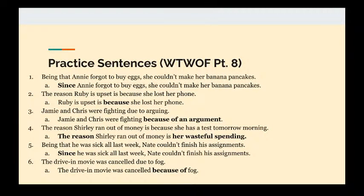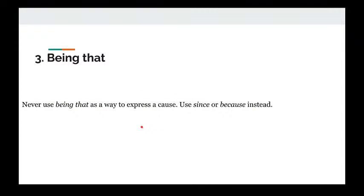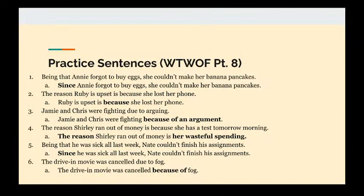So now that we've covered all those very short rules, we're going on to the practice sentences for part 8. Sentence number 1: "Being that Annie forgot to buy eggs, she couldn't make her banana pancakes." So "being that" is just incorrect. It wasn't listed when I was making this lesson plan, but just know that "being that" to express a cause is always incorrect. So that's why we want to say "Since Annie forgot to buy eggs, she couldn't make her